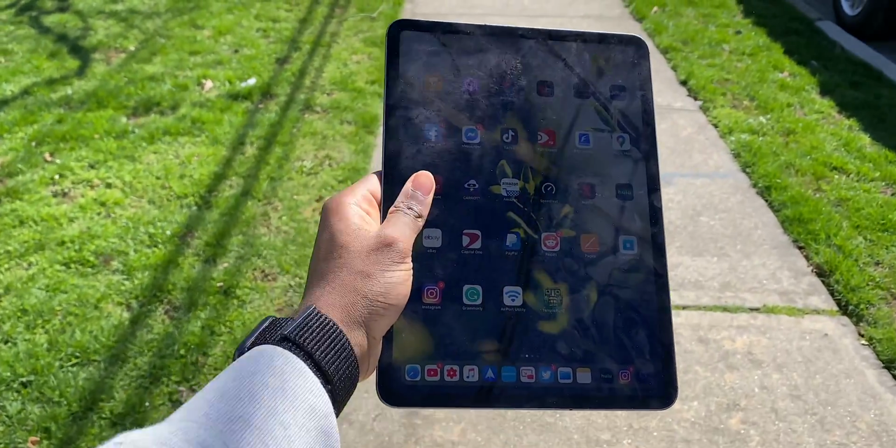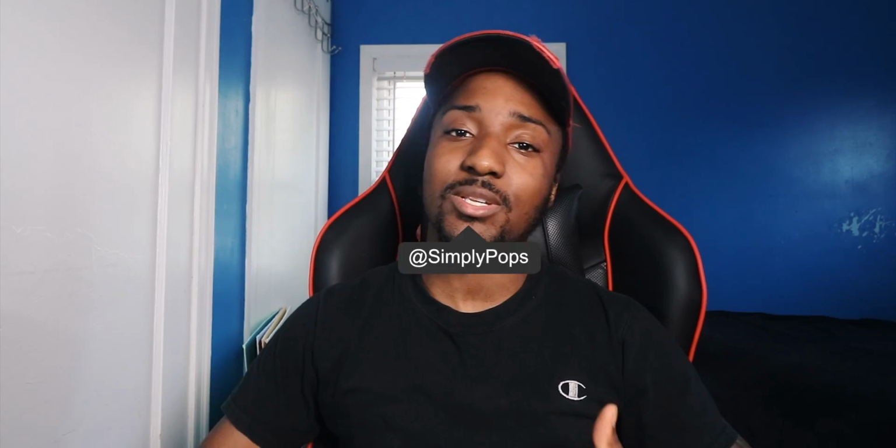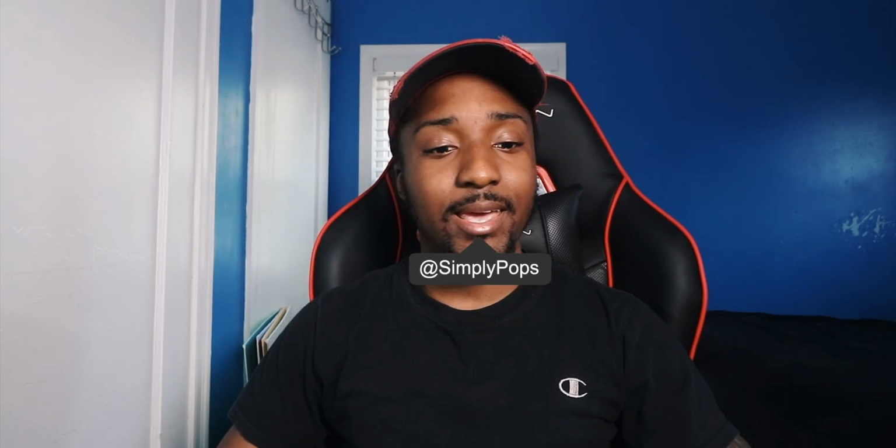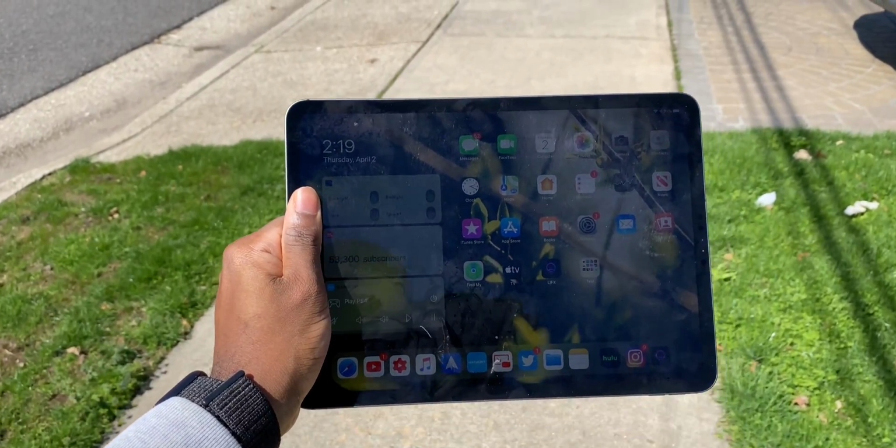Is it worth buying an iPad with Wi-Fi plus cellular capabilities? We're going to find out right now. I'm going to be discussing the benefits, the pros and cons of having a cellular iPad, and I've been using it since February, 3 months, and I'm here to give you guys my review of the iPad Pro with cellular